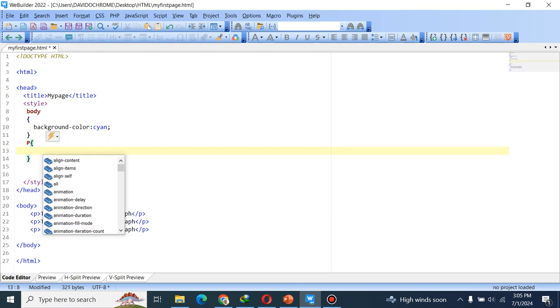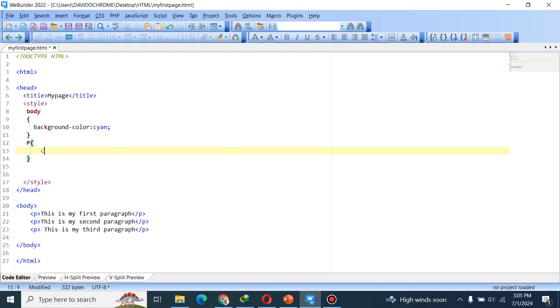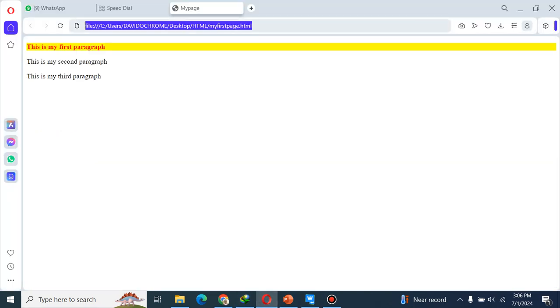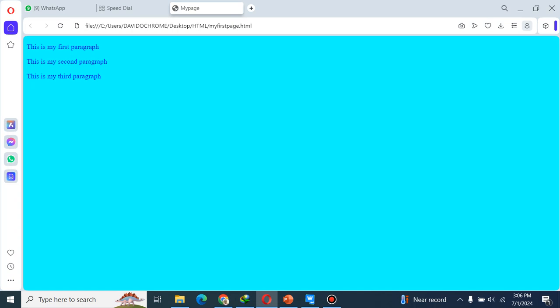So for P, I want them to have a color. Let me use color blue. Then font style, let it be italic. Okay, and I save. If we refresh this page, you can see the whole body now